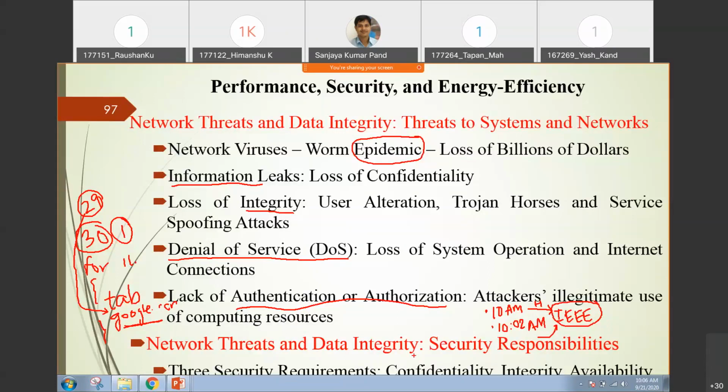Here I told you there are three important factors: confidentiality, integrity, and availability. Most important is your availability. The availability of the system will be down, or the system will have more downtime, if there is an attack, or if you cannot expect the load of the system. What is your expectation, and what is the reality? If there is a huge gap, then the availability will be compromised.